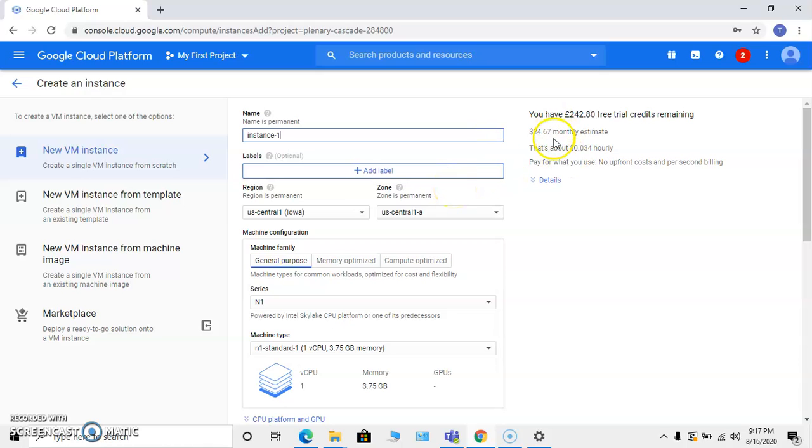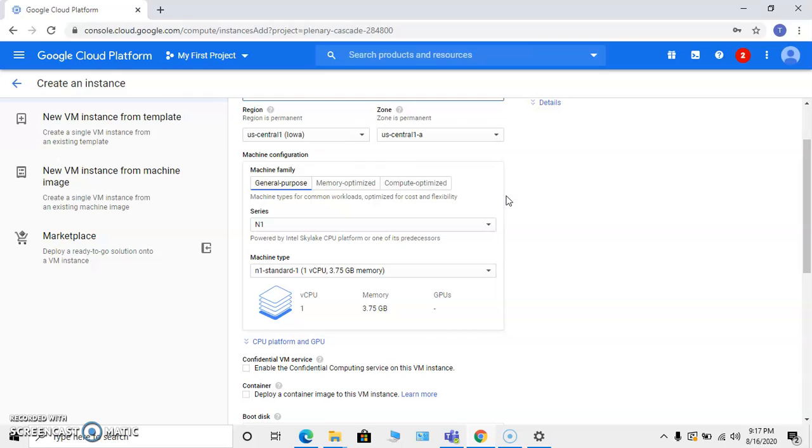It is going to consume this value from the trial credit that has been provided to me. As I'm sitting in United Kingdom, it is showing me £242 instead of $300. Picking up the first four values is not going to have an impact on the cost. Let's move on to the next sections.